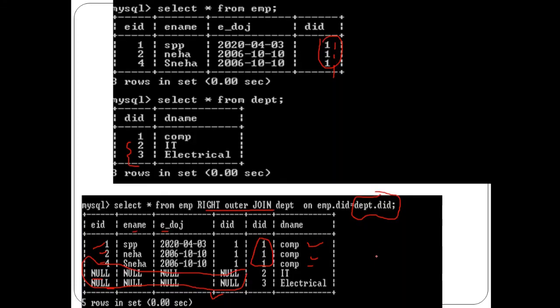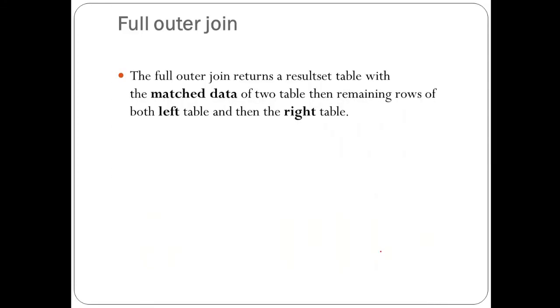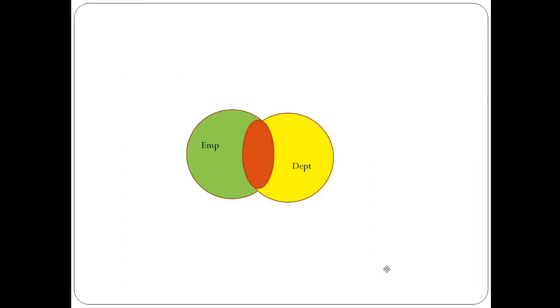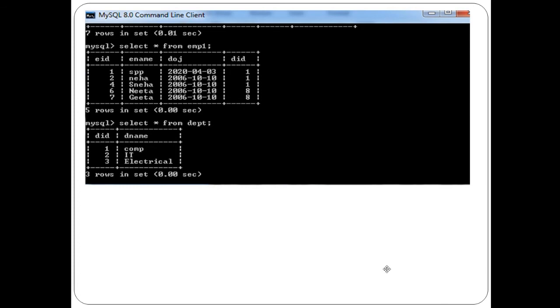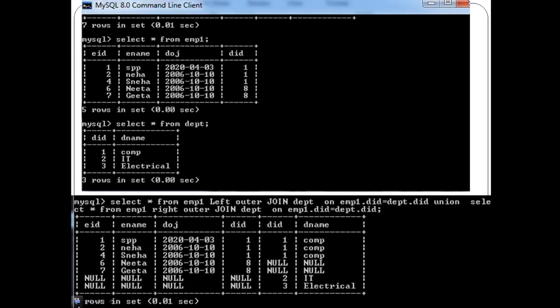Now next we'll see full outer join. In MySQL, a full outer join query cannot be executed directly. A full outer join returns a result set table with matched data, and then the remaining rows of both the left and right tables will be added. To simulate full outer join in MySQL, you need to take the union of left and right outer join. The result of the left outer join union with a right outer join gives you the contents which are matched,